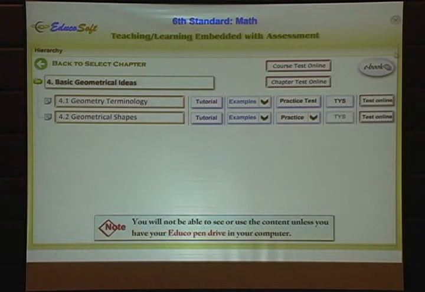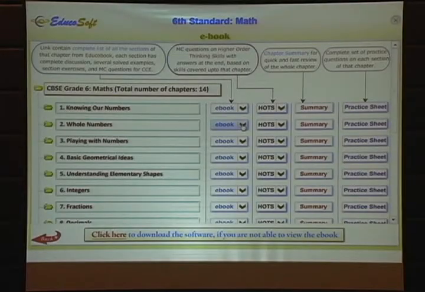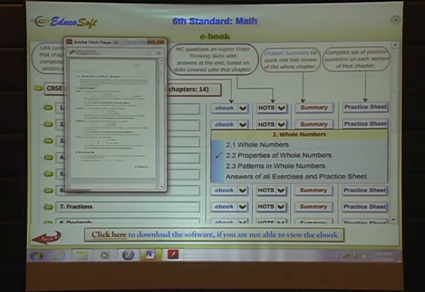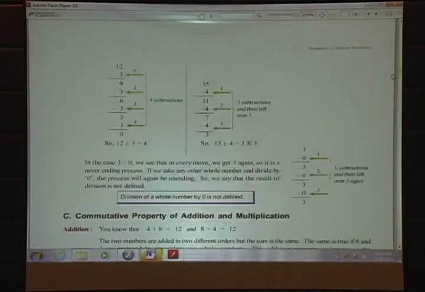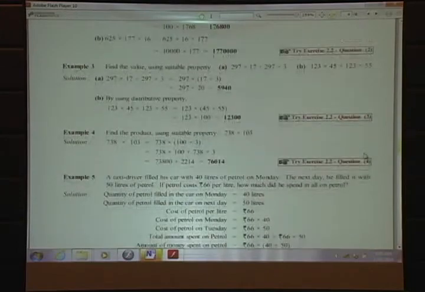Look at this. What is this button here? Ebook. Click on ebook. Now this is your actual textbook. Probably, I say probably, because I haven't seen the other books, probably more powerful than you might have seen. What is that? On each chapter, you have several sections. Select each section, and you expand the screen, and you have the whole book. This is a book, basically. That's an e-book. You have lots of examples.